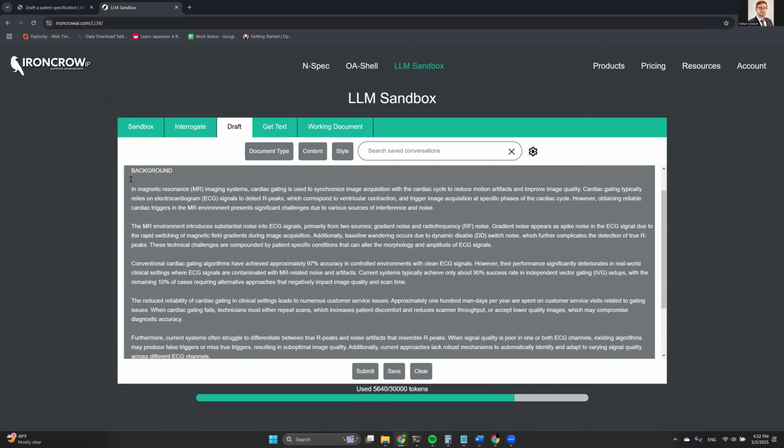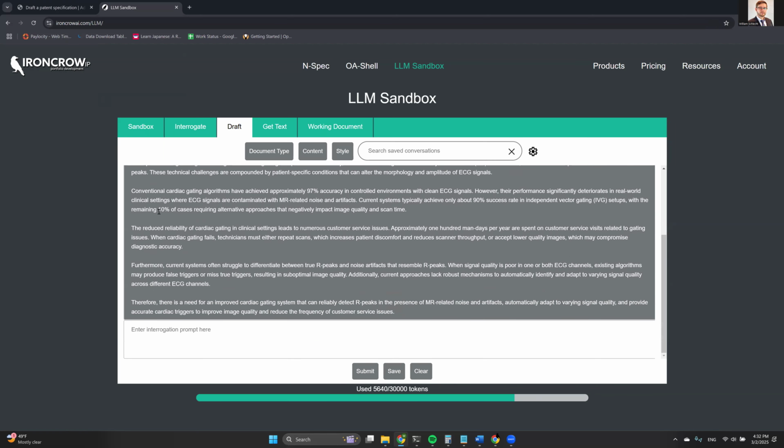So here we can see the background section that we've drafted. And already off the bat, this looks a lot more like what a normal background section would look like. But even assuming that it did a terrible job the first time, the beautiful thing about our interface is that it's a chat interface. So you can just say,